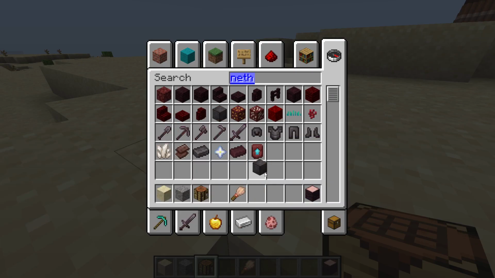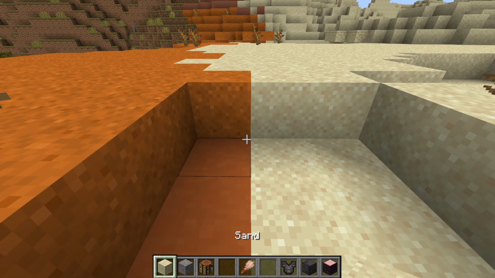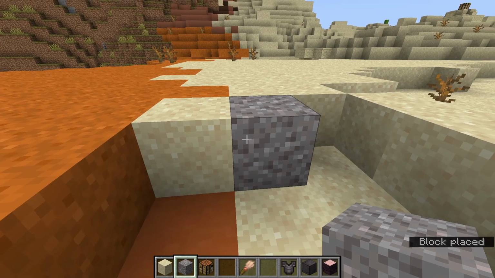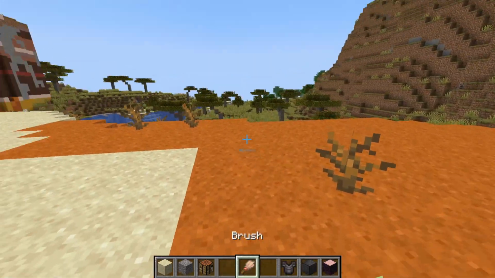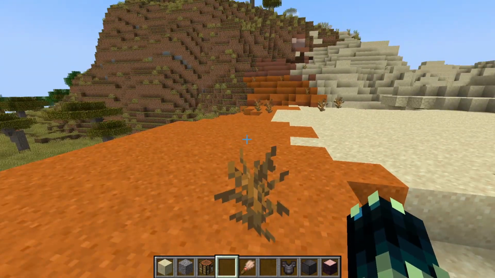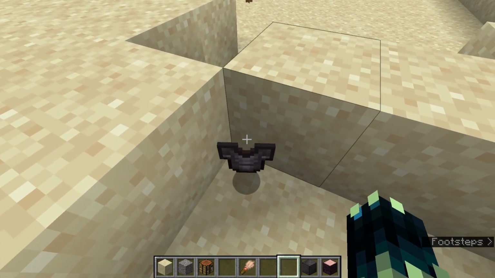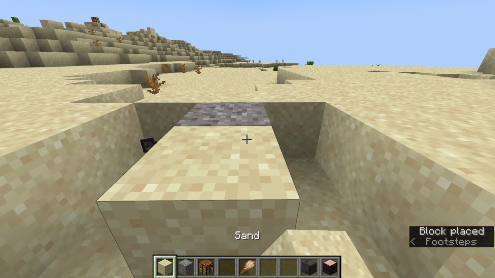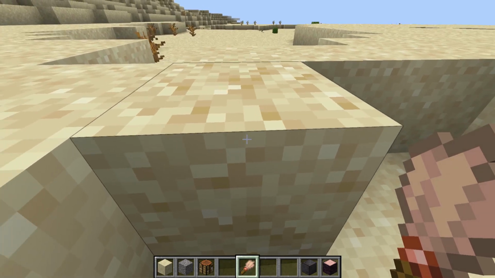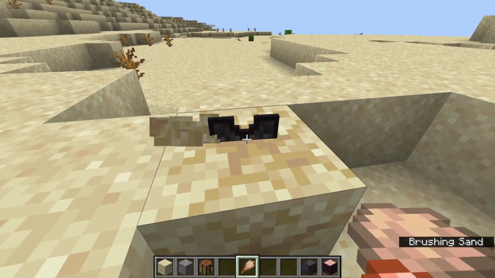Now, the real reason for this actual video is I have got a data pack on the world, which makes it so suspicious sand and suspicious gravel have a bit more of a use to them. Now, you still can't pick them up. If you go hunting for them, they do not drop anything, and if you obviously break them, you'll lose the item inside of them. What this data pack basically does is you throw any item onto the floor, and then you either place your sand or your gravel onto the block. As you can see, this is now suspicious sand, but I can now dig up the netherite chest piece, and